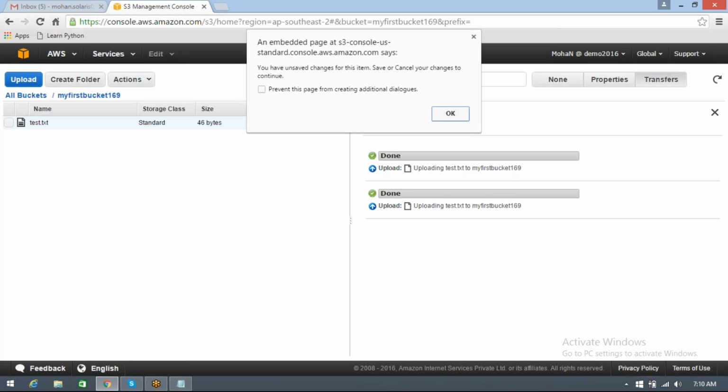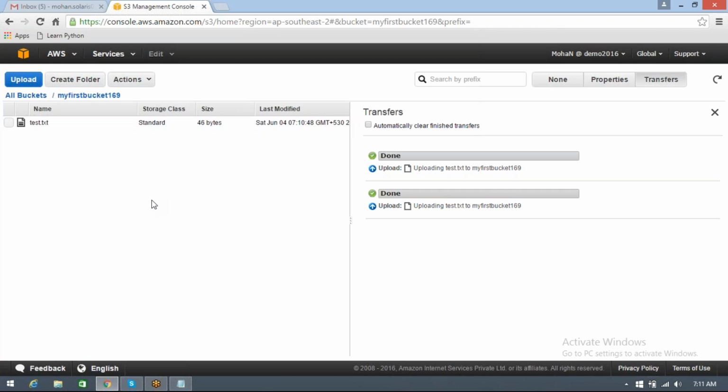Okay, what is this? An embedded page. Fine. Of course, it's 46 bytes, but you have the latest data of that particular file. So to get back an older file, how do you do that? We have an option here to get back older files like yesterday's or the day before yesterday's, anything you want to get back. Since today's file is not working properly or has got corrupted, what do you do? You have an option of